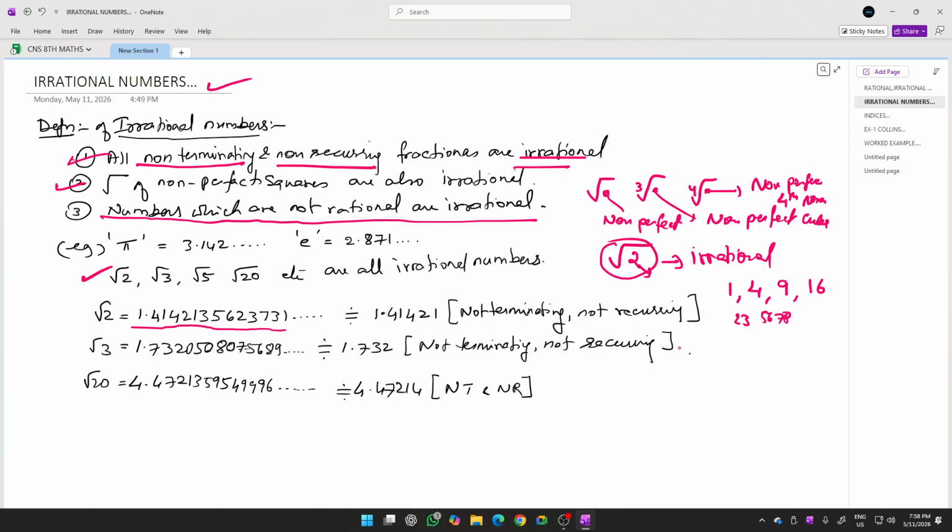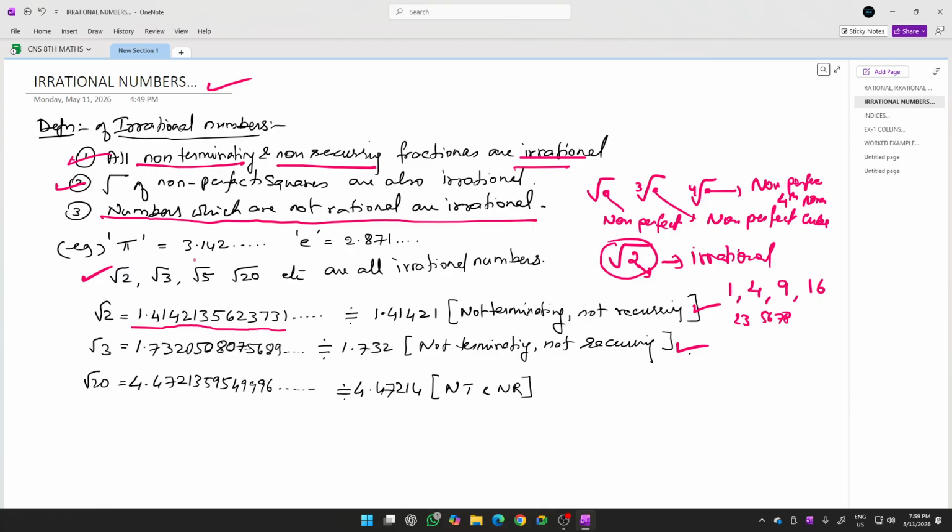See, non-terminating, non-recurring, irrational number. Same way root 20, it will be 4.47 and so on, so it is an irrational number. Is that clear? So this is the meaning of irrational number, and there are certain numbers in mathematics, that is pi value,